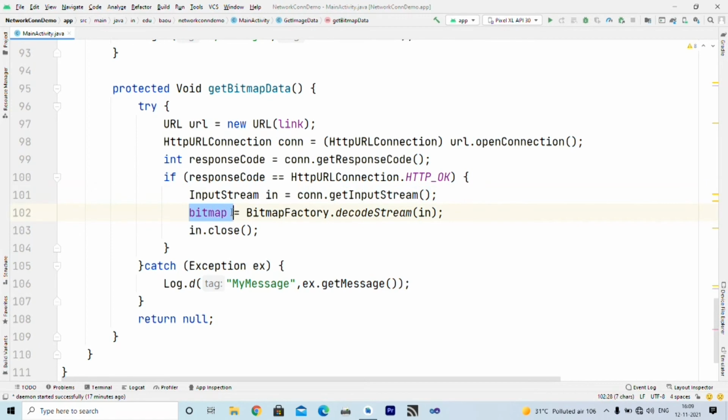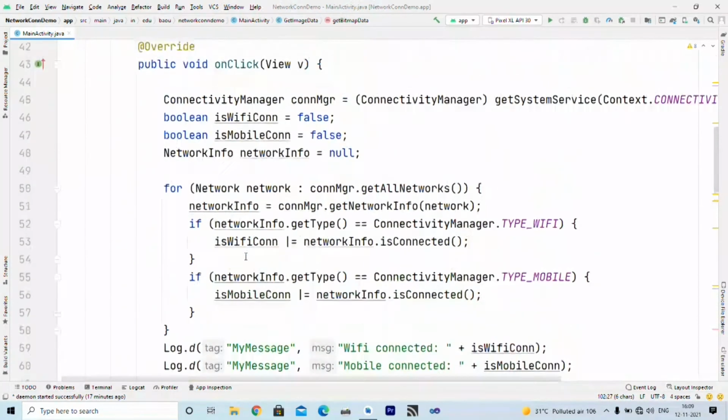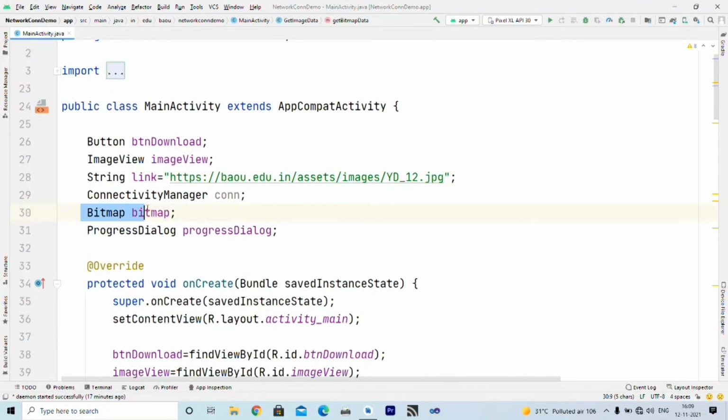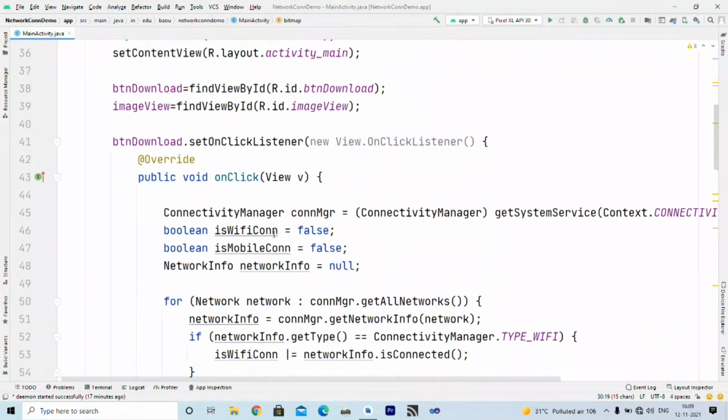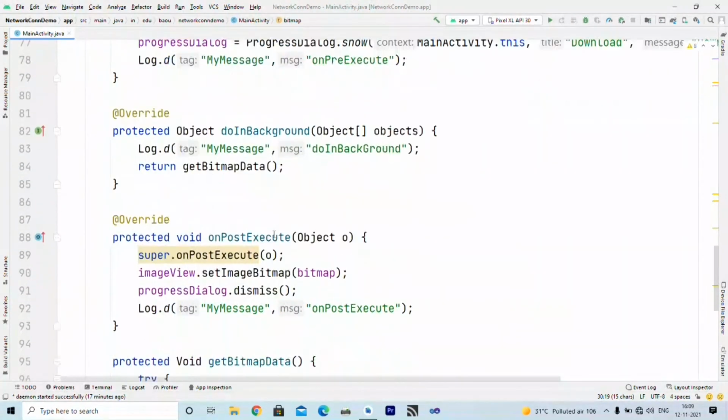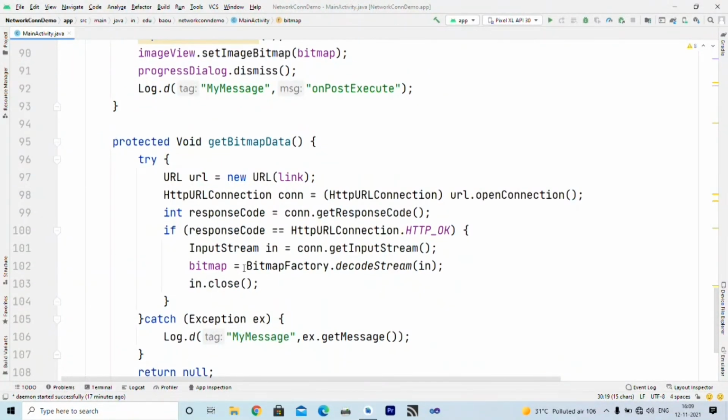Now this bitmap image, this is a bitmap type object, you can see here. So I have written bitmap is equal to BitmapFactory.decodeStream. Now the decodeStream method of BitmapFactory will fetch data from this input stream and convert it into a bitmap object.